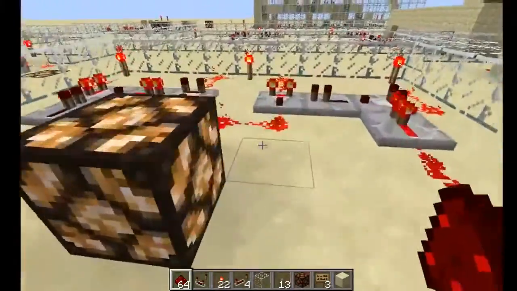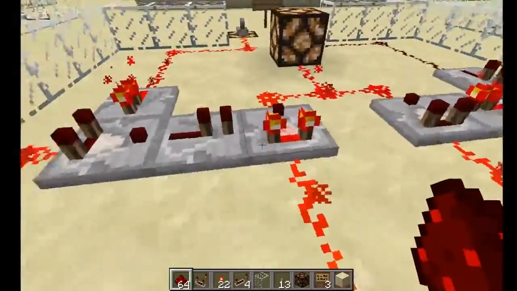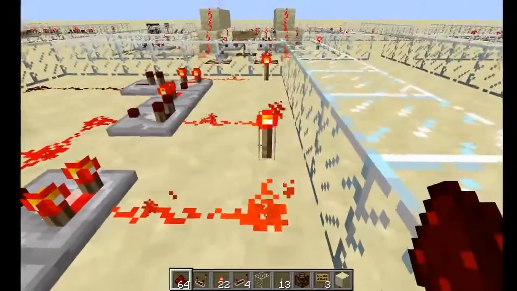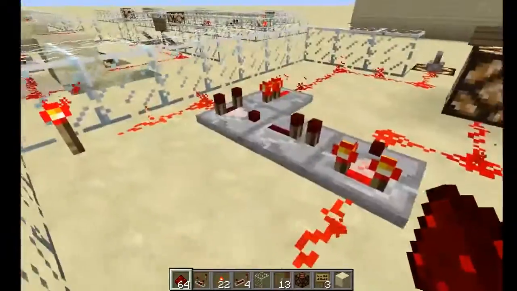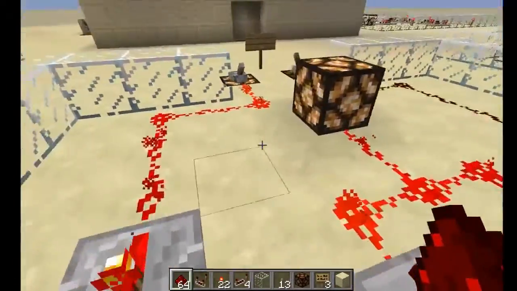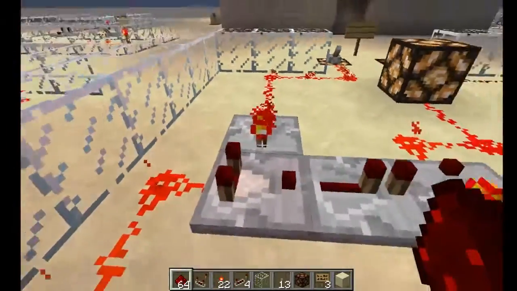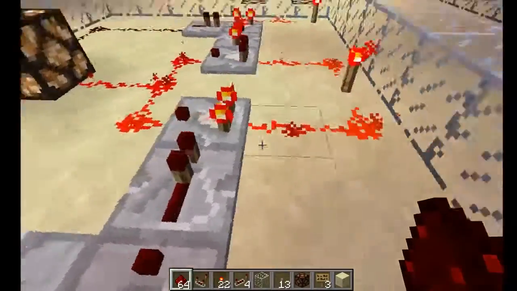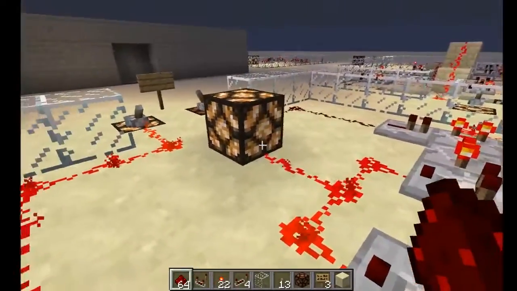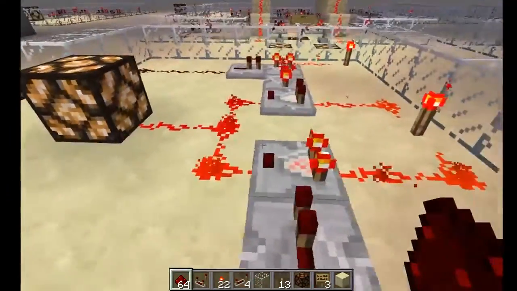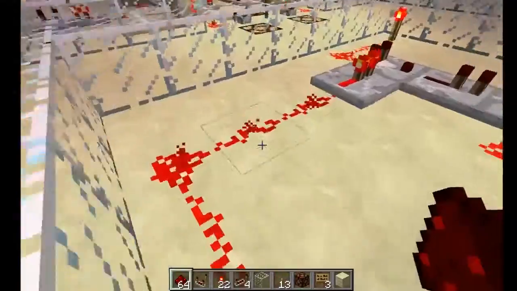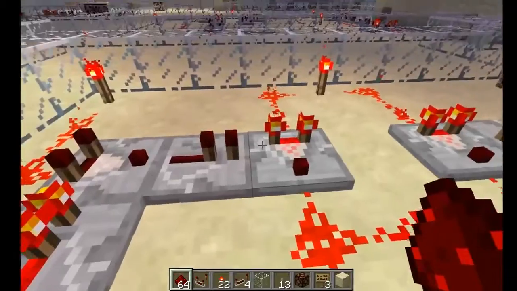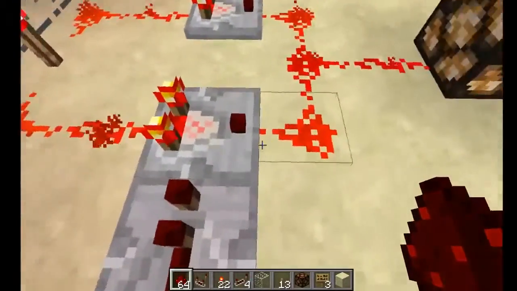And how it works, we have two transistors here. Here's one transistor, here's the other transistor. And here we have our main current. So the main current goes through here, and if the input is true, it's going to block the blocking current. So there's nothing to block this comparator, and it just lets the current go through and power this block. And the same is true for the other side. We block our blocking current, so there's nothing to block this comparator, and it just lets the current go through